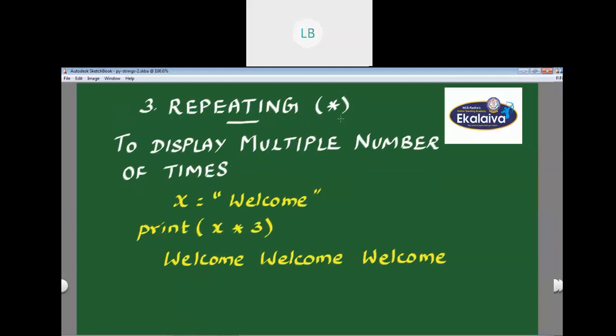Repeating operator. The asterisk symbol is used. It is used to display a string multiple number of times. For example, x equal to welcome.